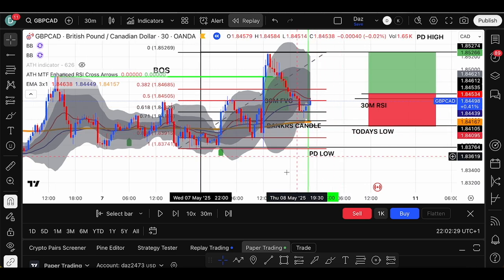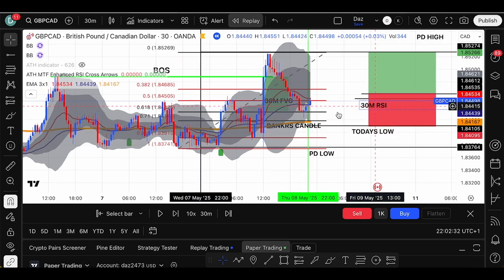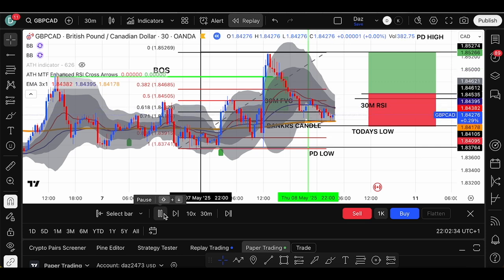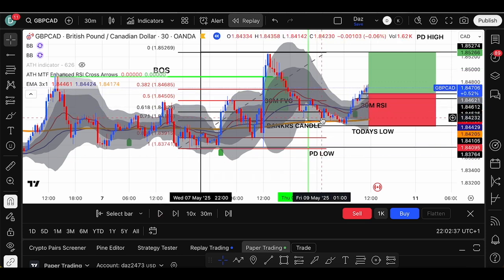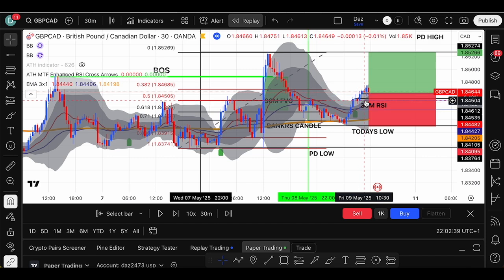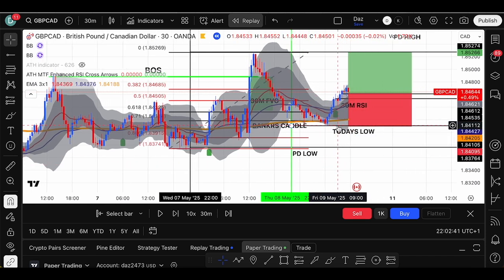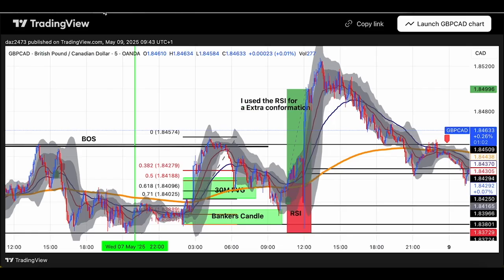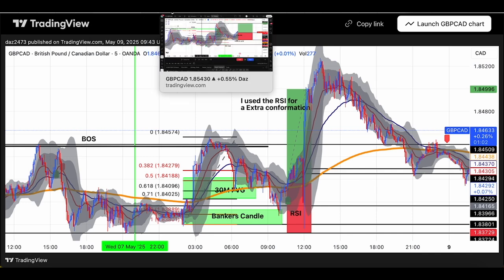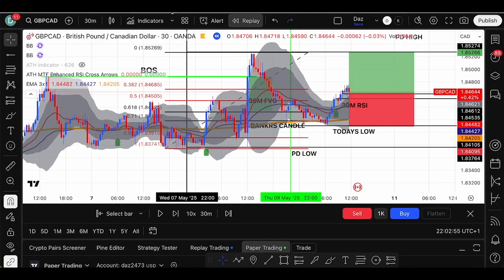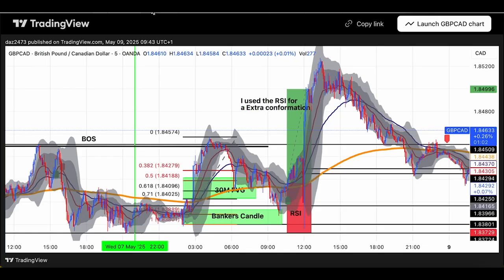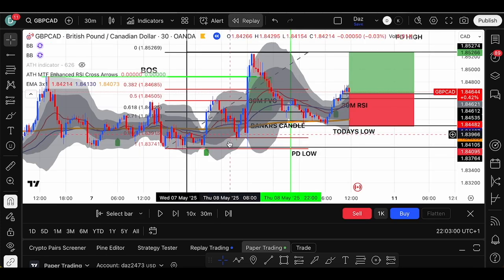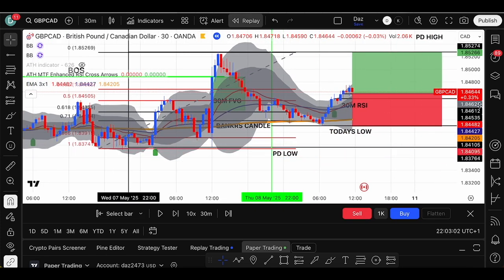It didn't tap into it. Let me just see what happened. I put an RSI on this one as well, on a 30-minute. Now it tapped into it there again, RSI, bang, straight in. Just thinking, have I done this one already? Let me have a look. No, that was on a different one, but I did an RSI on the same pair as well. So yeah, this was on a 30-minute RSI,